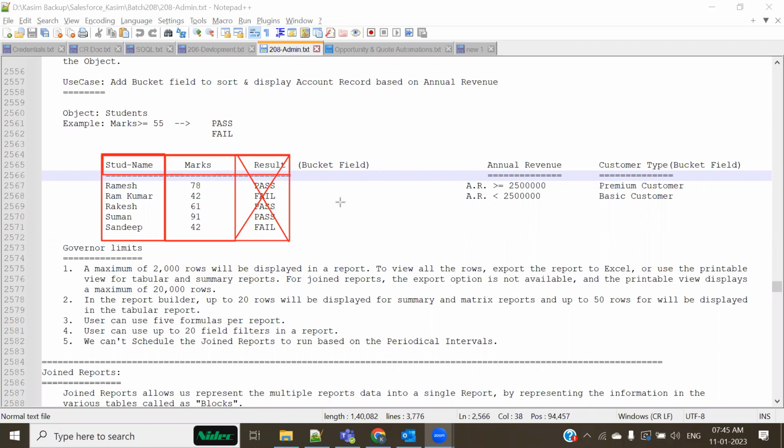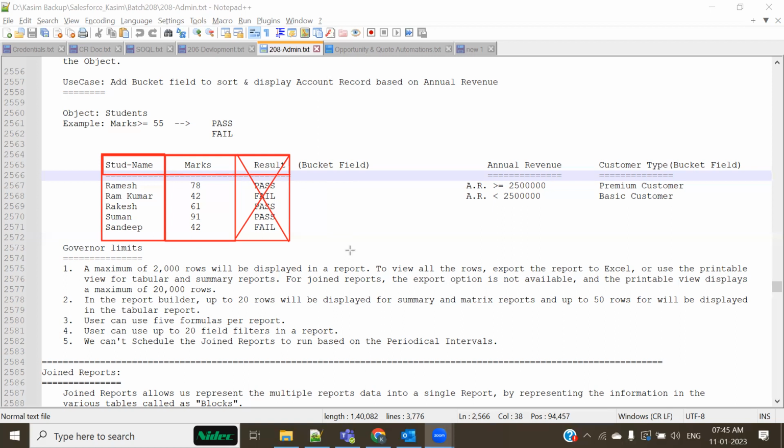So bucket field is a very important question. In most interviews they would ask: what is a bucket field, what is the use of a bucket field, and how to use it? So what we are learning right now is a very important concept. Every one of you, please concentrate over here.